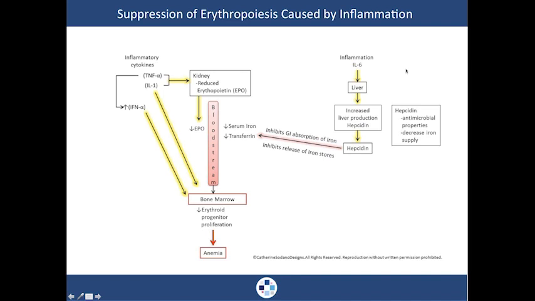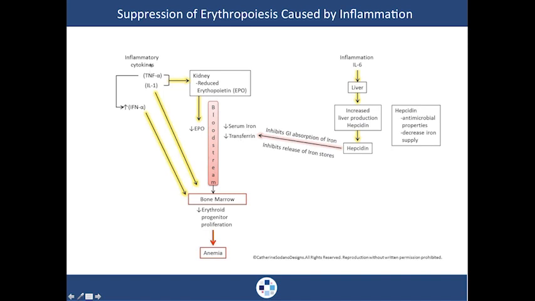So here's what happens. Here's some inflammation. The body sends a cytokine called interleukin 6, which makes a thing called C-reactive protein that you may be familiar with. The liver will make that. So interleukin 6 goes to the liver, and the liver makes C-reactive protein, but it also makes this other chemical called hepcidin. Hepcidin has natural antimicrobial properties, but it also decreases iron supply. It's trying to cut off the food supply. So what you'll see with chronic inflammation is low serum iron, low transferrin.